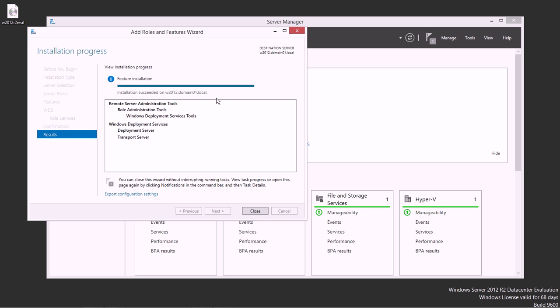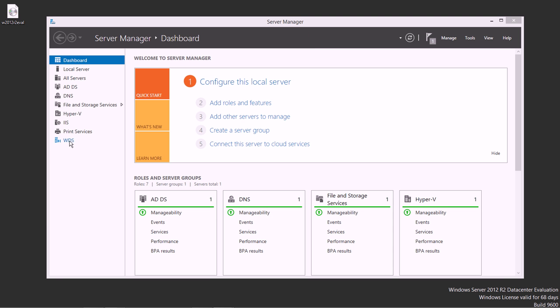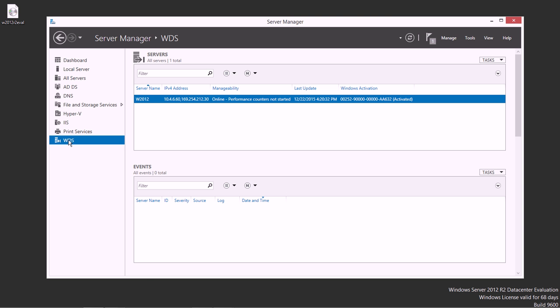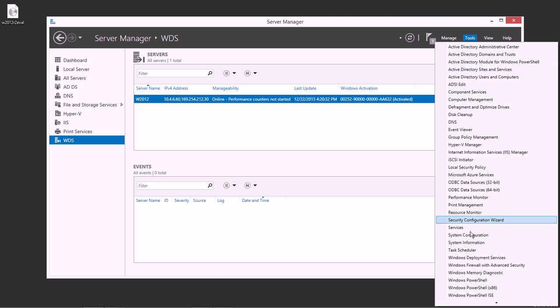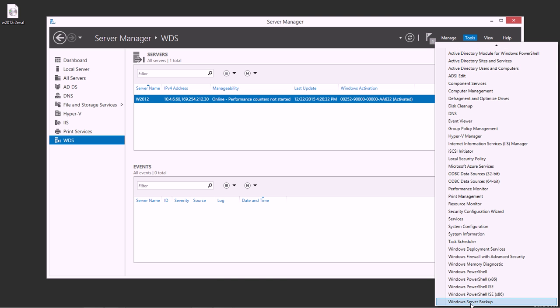So my installation succeeded and it didn't ask me for a reboot, which is always handy. And I can click close. And you'll notice WDS is now installed and online. Now, the important place to get our work done with this is over here in this list of tools. You'll notice the Windows Deployment Services has been added in. We can open this window,